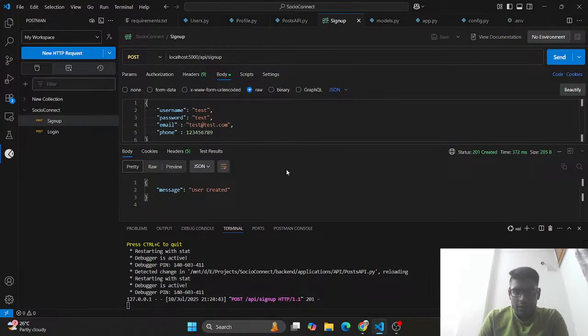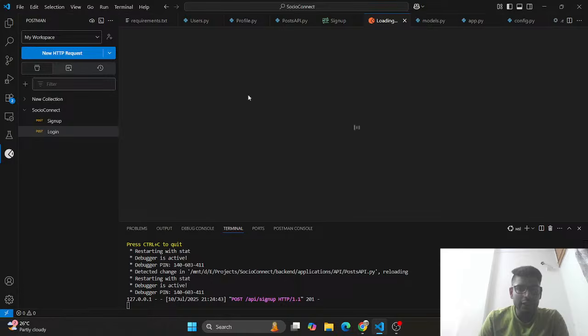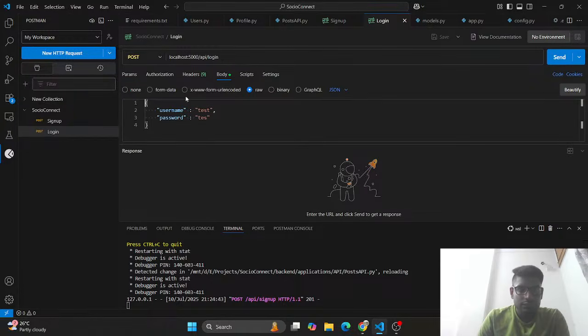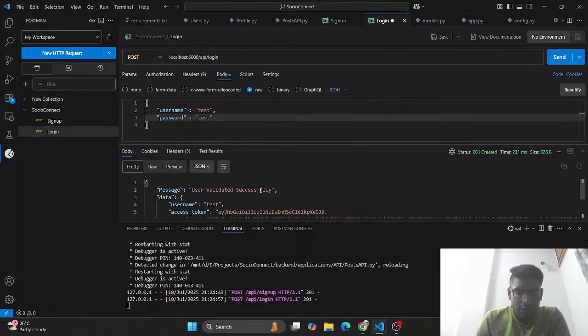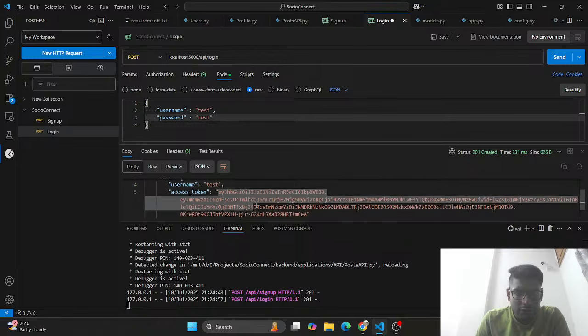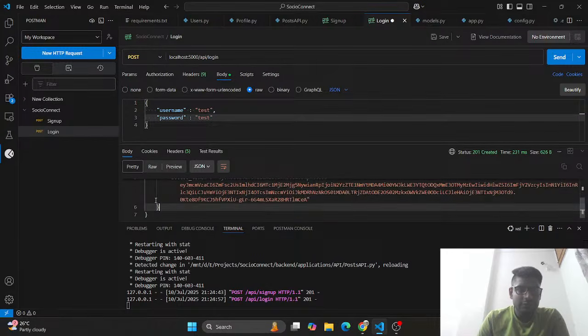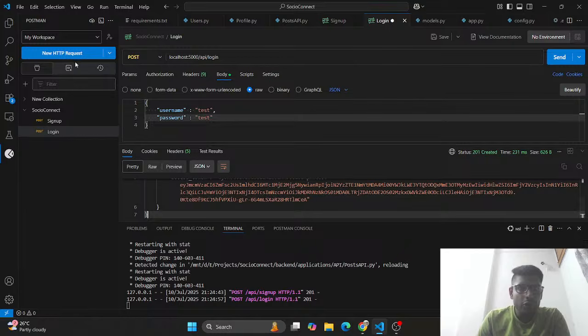First, we did the POST, so the user is created. Then we create a login, with the test username and the password is also test. So we get some access token, and let's say we copy that. Why do we need to copy? Because when we create another API,